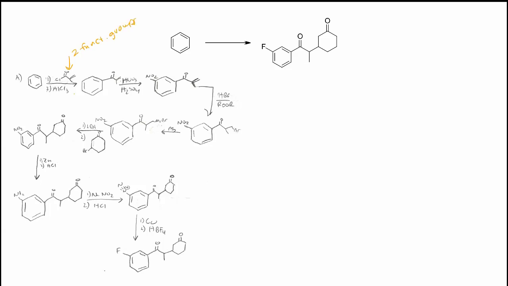So you would not be able to use that reagent. So that student lost points there. But let's say they, we'll just keep going. So assuming that this reaction could be done, they then used HNO3, which does go meta